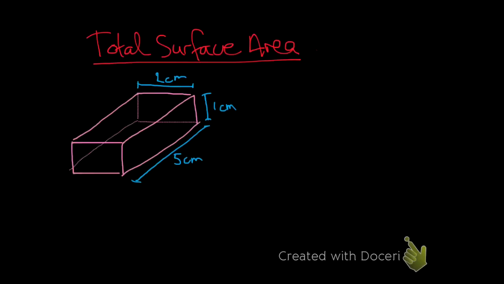Now the easiest way of working out the total surface area of any object is to work out the object's net. The net is what you get when you open up the figure and make the three-dimensional object a two-dimensional shape. So you work out its two-dimensional representation from its three-dimensional figure. So if I draw its net over here,